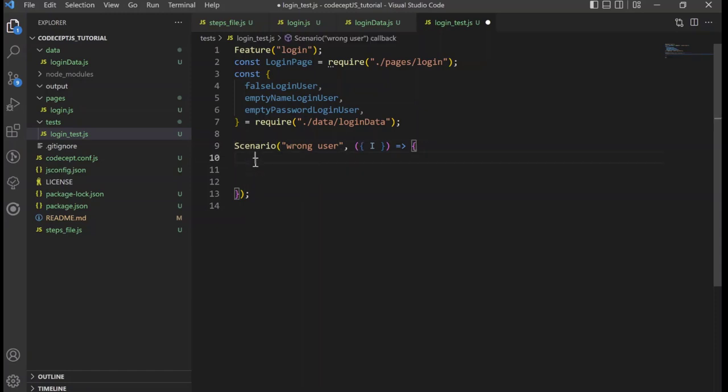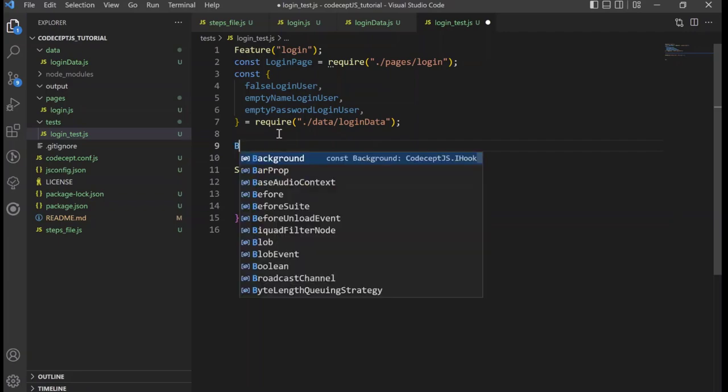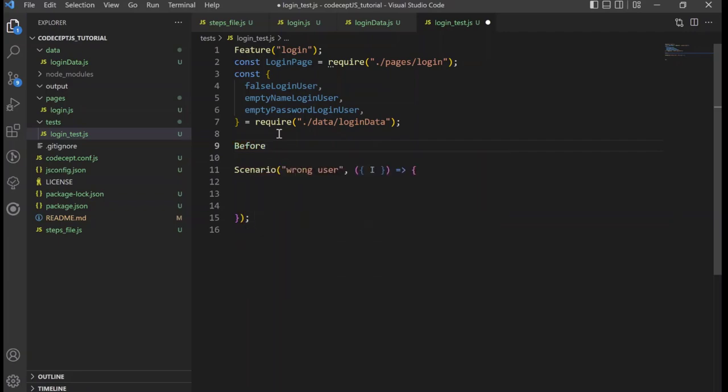So we're gonna send a wrong user and expect our program to show an error message box. That's a scenario. But firstly, we have another hook here. It is before.